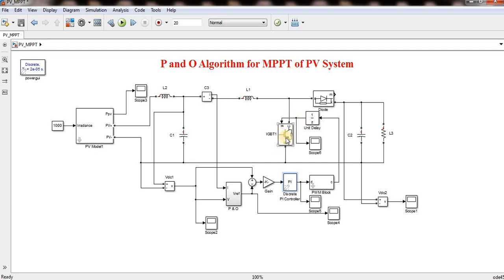If the switch is not on, the power will directly go to the load. So the load, whatever it can take, it will take. It won't work as a boost converter. Without the switch, it is directly connected. It is doing like that. So my VDC or VPV should be positive and V reference should be negative.